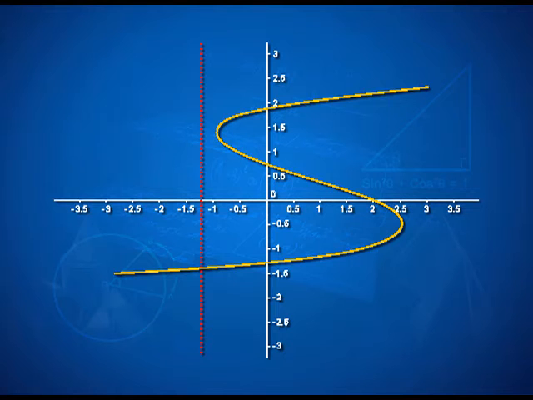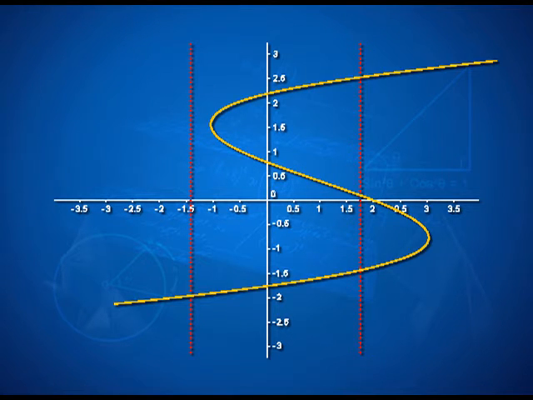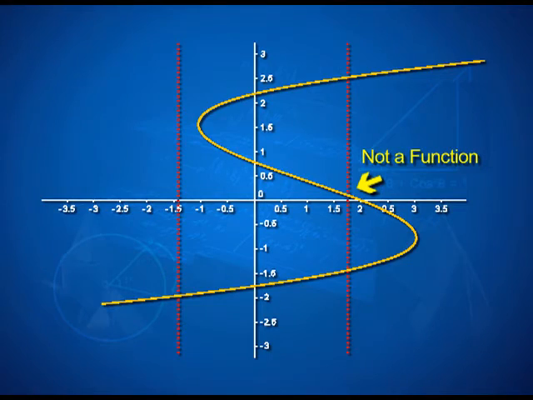Similarly, if I take another graph, drawing one line is not enough, because in this position, this red line is not cutting the graph at more than one point. But this must be true for all vertical lines that can be drawn. So, the moment I take another vertical line at a different position, it cuts the graph at not one, but 3 points, and therefore, this graph again does not represent a function of the variable x.